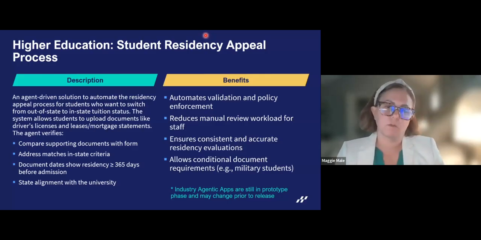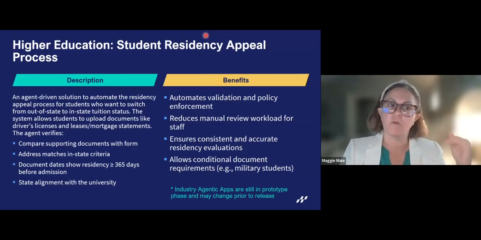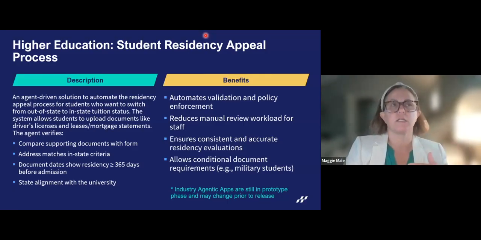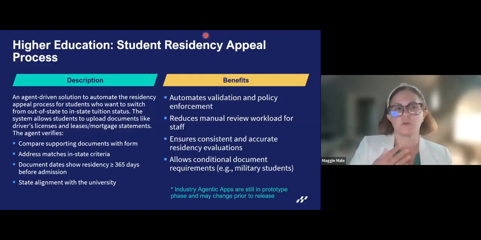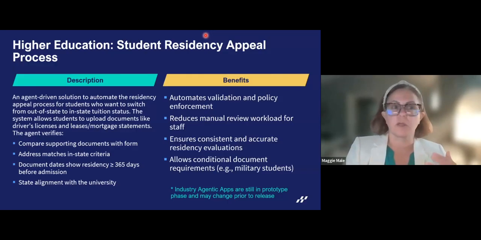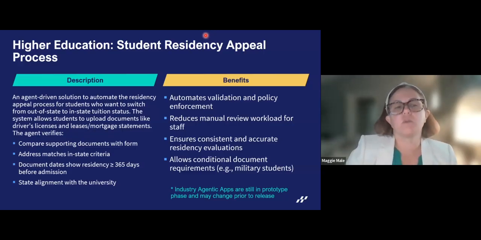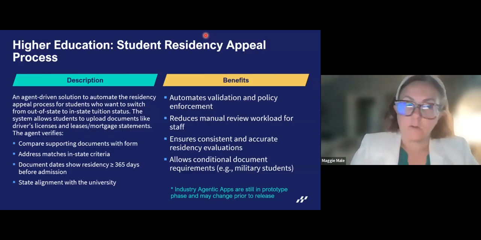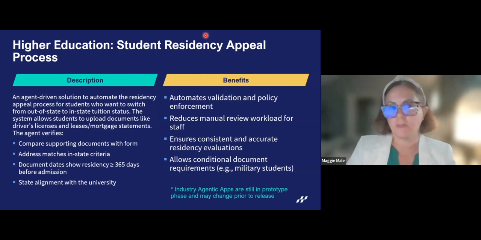And then one of the things that we're still working on is tailoring the form, because there are different criteria if you're a military student versus a student who's submitting the documents through tax documentation. So we are still working on the form to tailor those particular instances. But with that, I'll turn it over to AJ to demo where we're at right now.